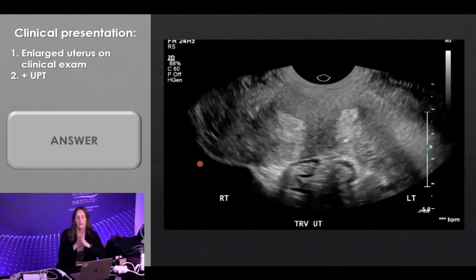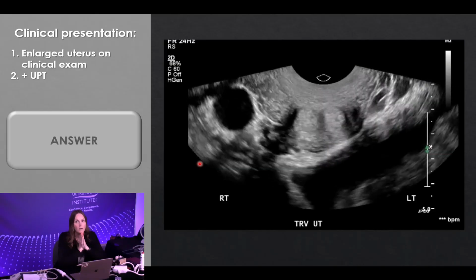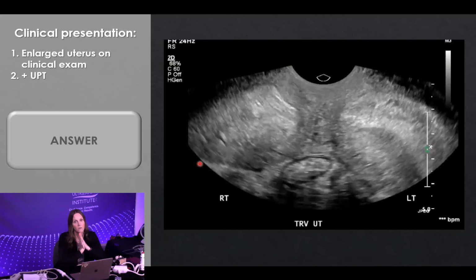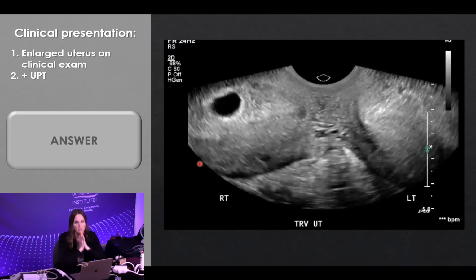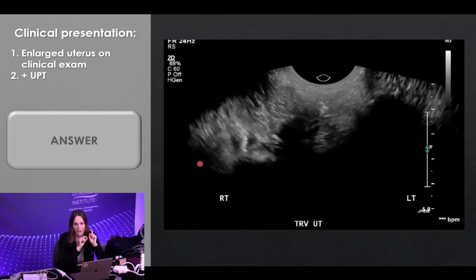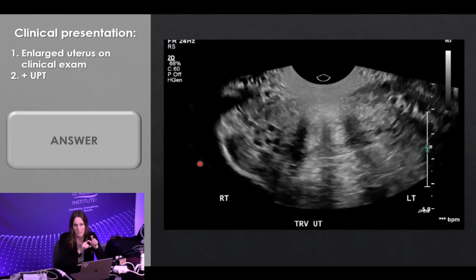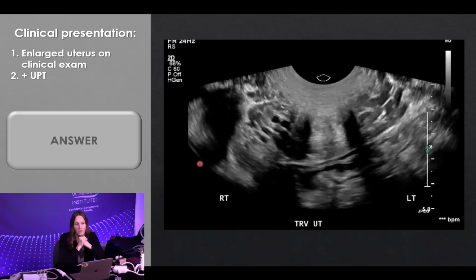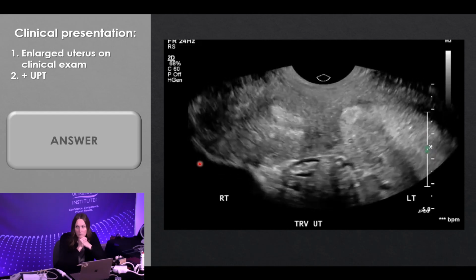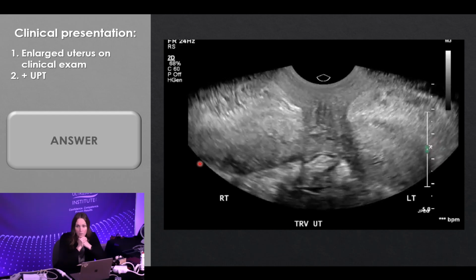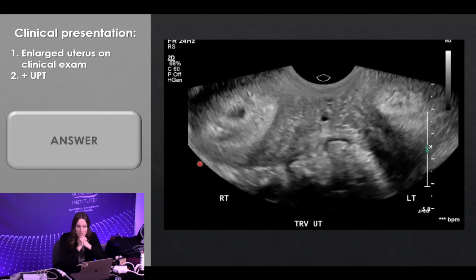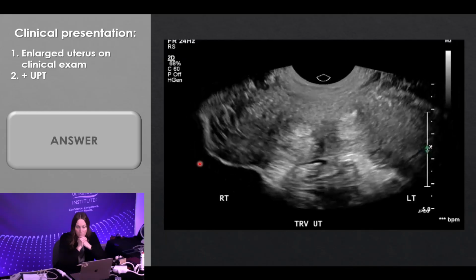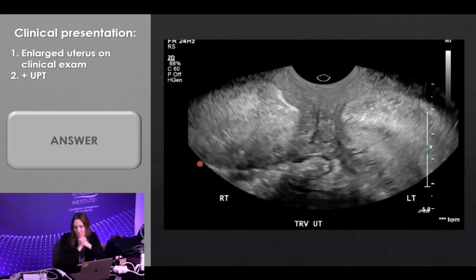Before I show you the answer, this is like super extra credit. What if I told you, because this is actually true, that this patient also had two vaginal canals? So we have two vaginal canals, we have two cervices, and we have two separate uterine horns. Do you know what uterine anomaly that would be? Not super common. Actually doesn't have a huge increased risk for poor fetal outcomes, interestingly. Didelphys